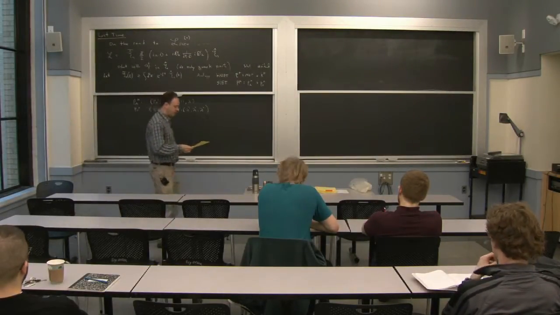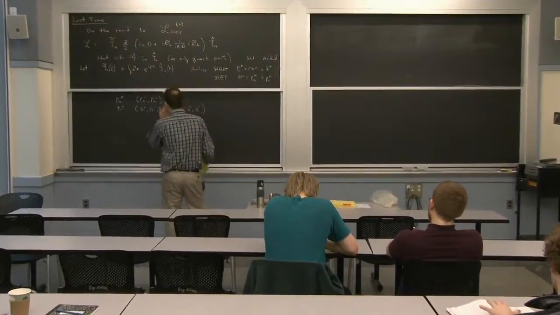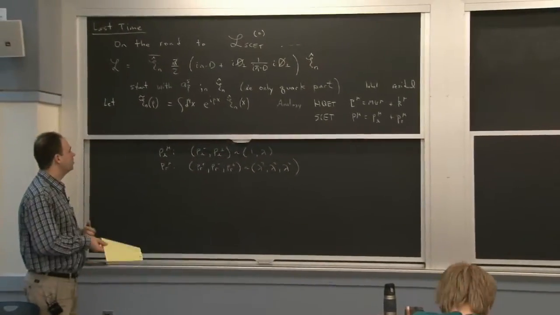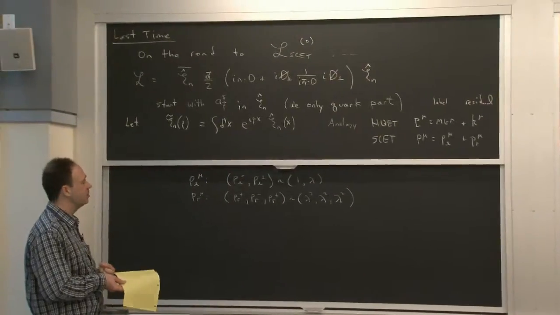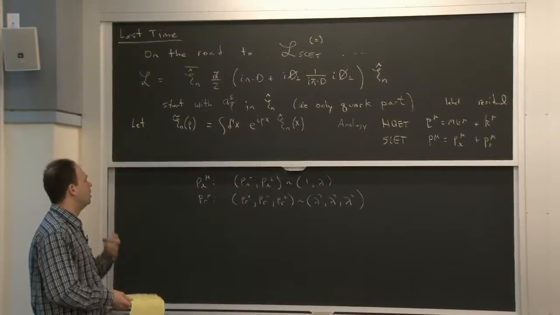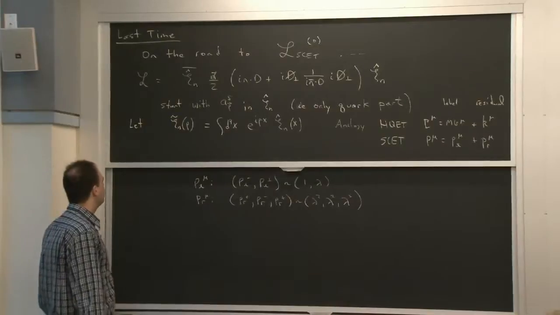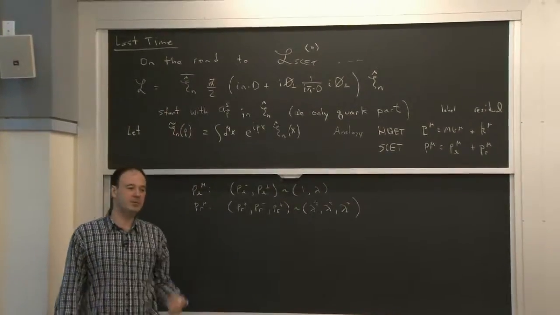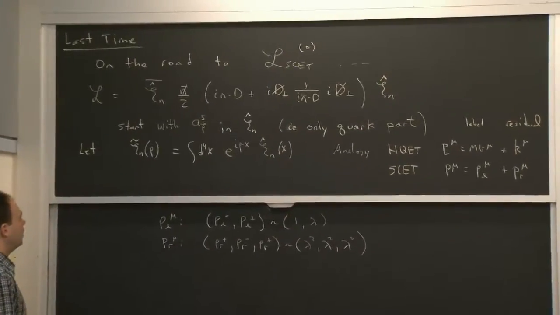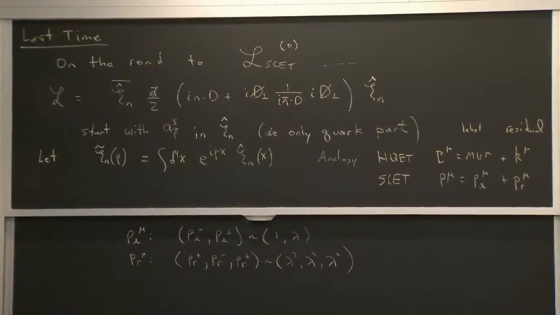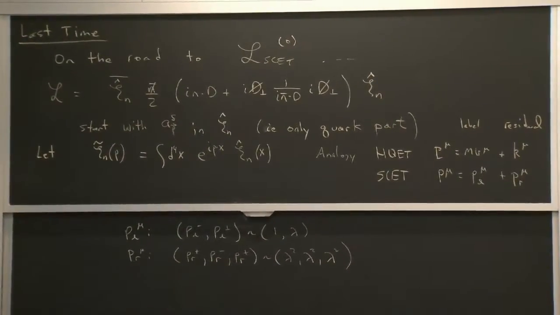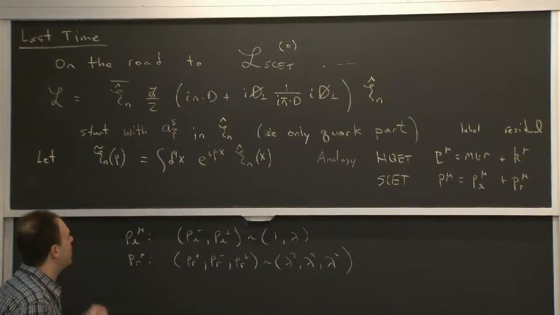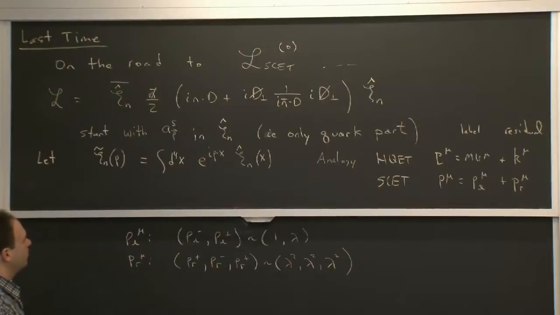All right, so this is where we got to last time. We were on the road to deriving the leading order SCET Lagrangian. We said that there were some things we had to deal with, in particular expanding it. As a first step, we got rid of two of the components of the field that we said are not going to be ones that we project onto in the high energy limit. That led us to this Lagrangian right here. But we haven't yet expanded it.